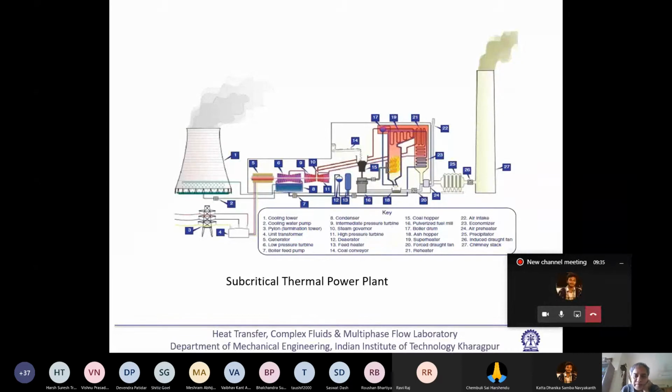Air path wise, the hot air, here it is coming. There is an air preheater. It is a very special kind of heat exchanger. It is also called a regenerator. We will study about it later on. Then it goes through some sort of separation system where the fine particles of ash are separated.